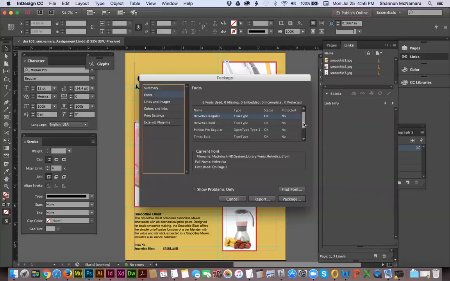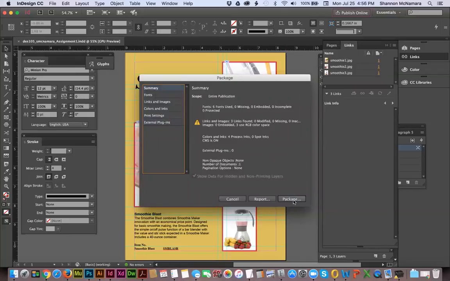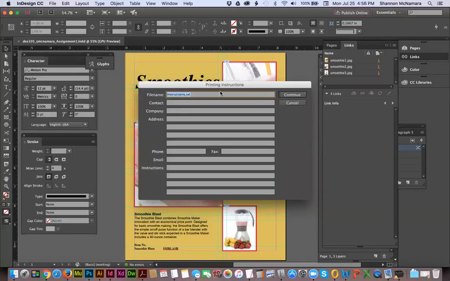And it'll show you the fonts that you used in your document, the links and images in your document, the color and ink, so you can make sure it's set up as CMYK. If you had any RGB colors, they would show up down here, and you should go into your color palette and change those over to CMYK. So again, just make sure everything looks good, and then you're just going to hit this package button,